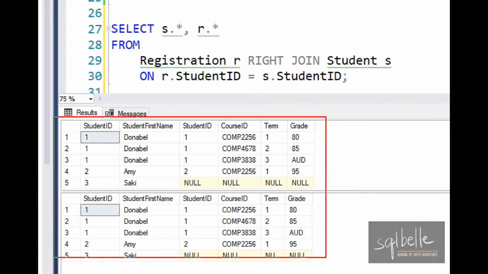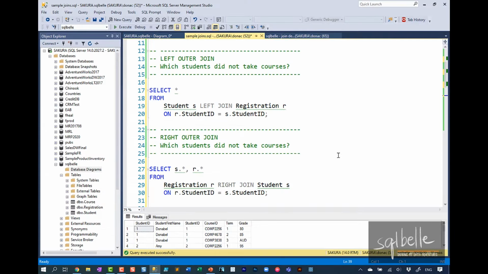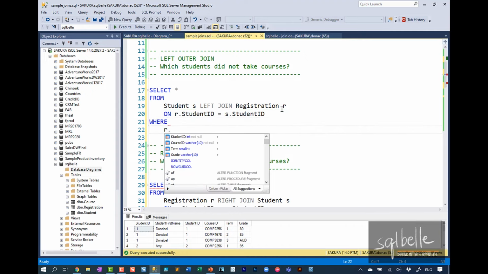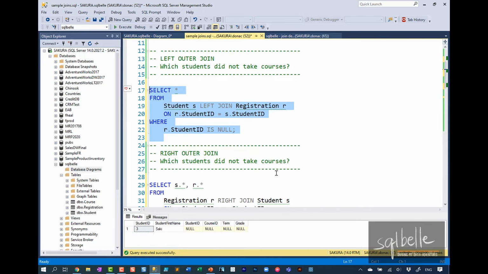And these are the results. Please note that these two queries don't necessarily answer our question right away, which students did not take any courses. That will require that we add a where clause. So in this case, we could potentially have a where clause: the registration student ID is null. Okay. And if we execute this now, we're going to find student ID number 3, the student who has not